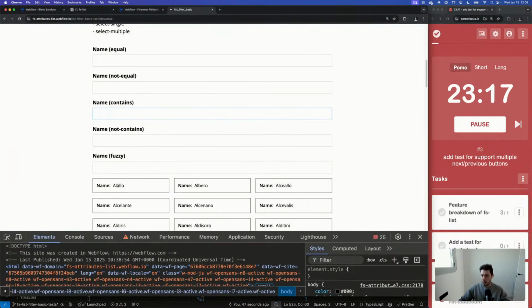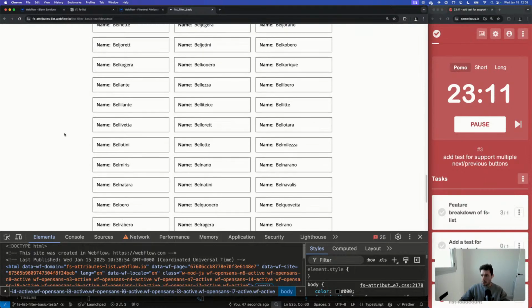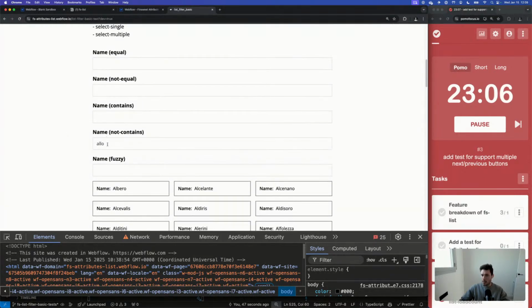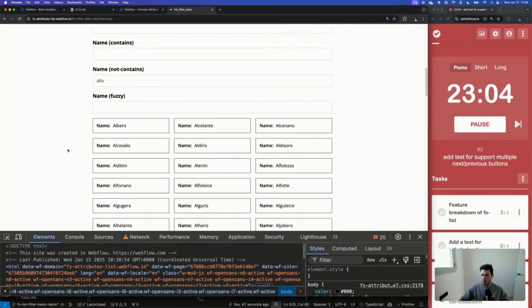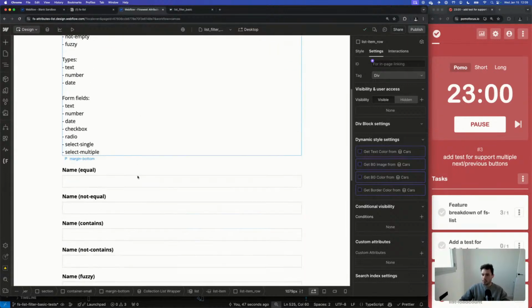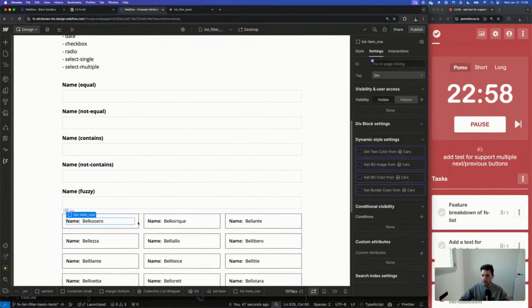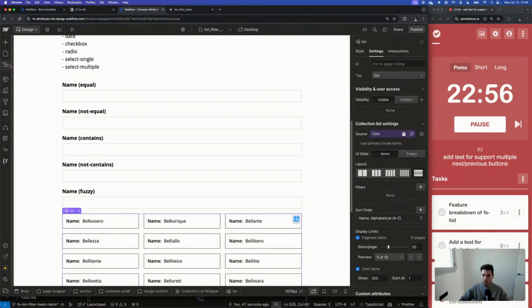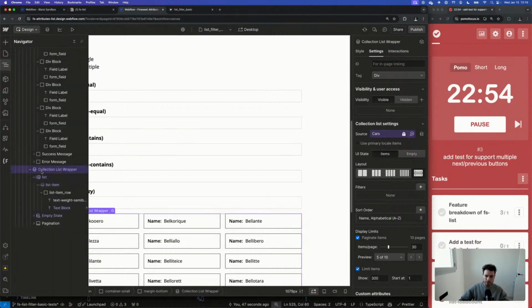Okay, not contains. So if I do not contains allo, like this. You know what? There's another thing that we can do to make sure that we're doing things right. And it's not only doing this, but also adding the results count.